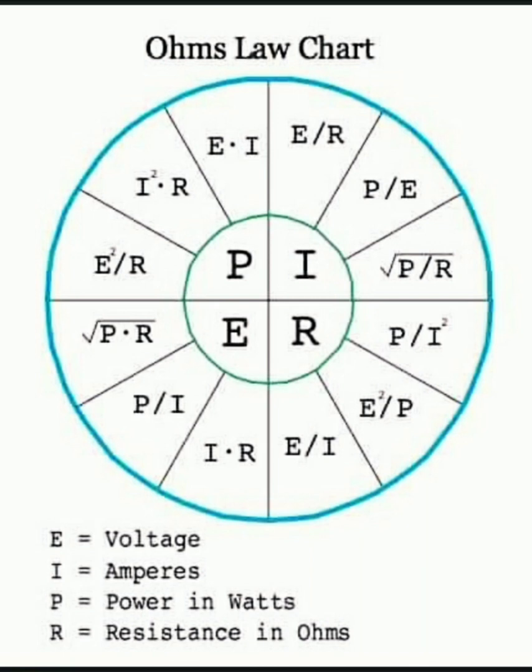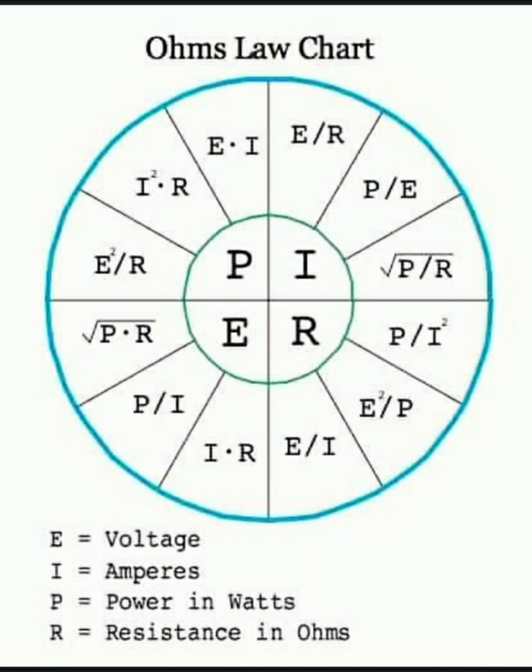Here voltage is normally mentioned as V or E. Here the potential difference is alternatively known as voltage, which we have mentioned as E. Then current: the unit of current is amps, and here we have used the symbol I. Then power: the unit of power is watts, and we use the symbol P. Then for resistance, the unit is ohm, and here we have used the symbol R. So these are the basic formulas.